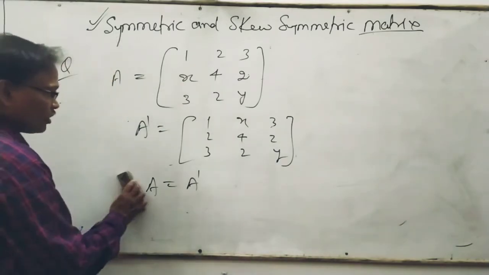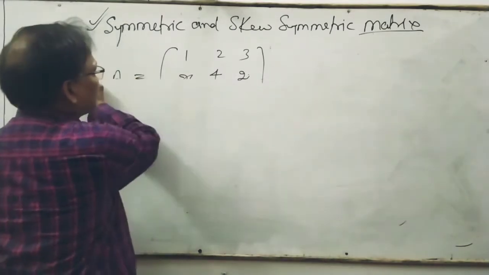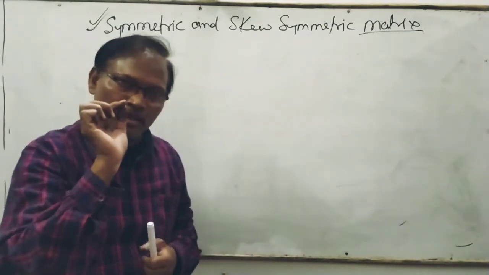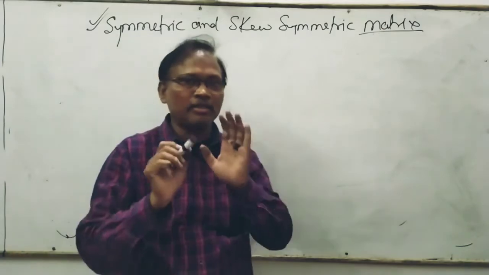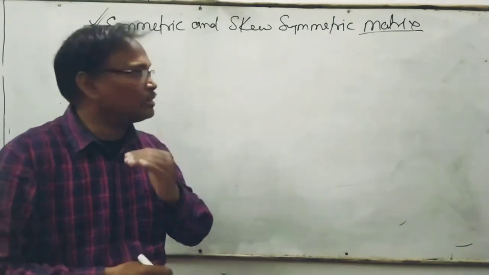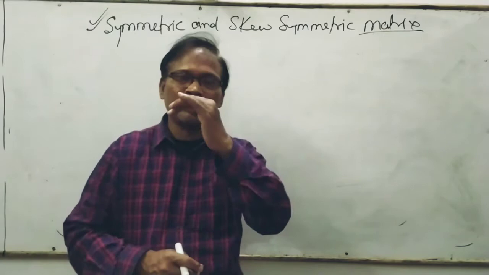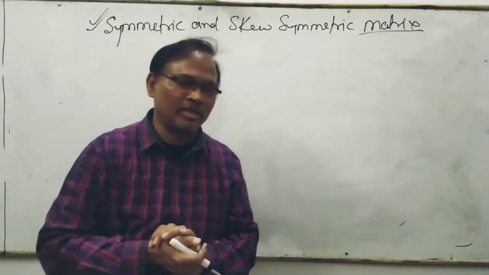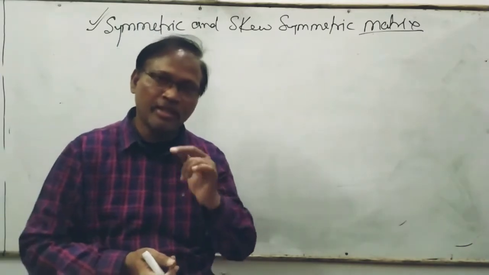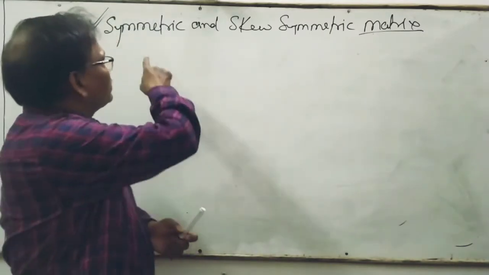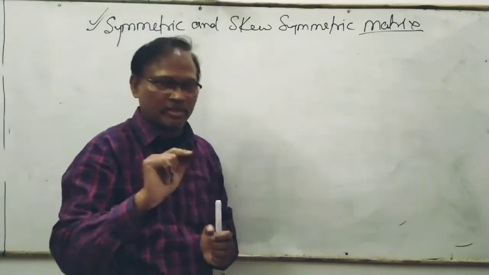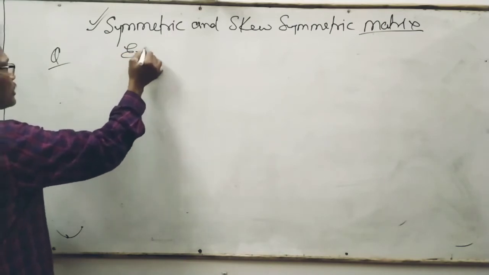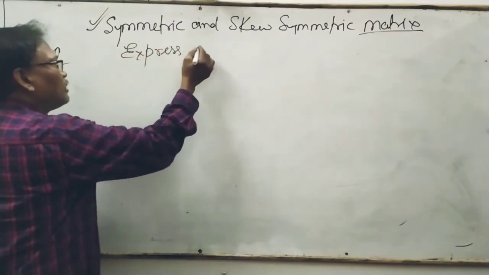But one question is there, one different type of question. You have to express any square matrix as the sum of the symmetric and skew symmetric matrix. मतलब कोई भी स्क्वायर मैट्रिक्स you can express as the sum of symmetric and skew symmetric matrix. तो I tell you the question here. Express matrix